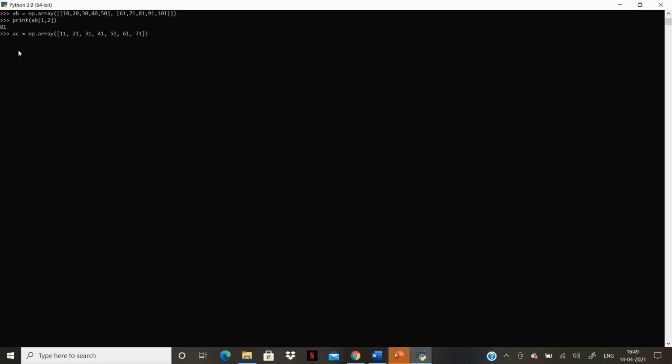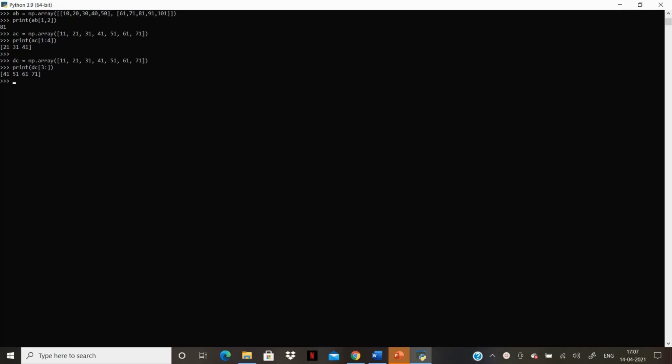In an array AC using the array function, we are trying to pull out constituents from index 1 to index 4 from array AC. Output considers the begin index and not the finish index. So index 1 actually represents the second constituent in Python, and it shows the second constituent onwards to the fourth constituent, which would be index 3. Let's slice from index 3 to the last constituent of array. We've created an array DC using the array function. Index 3 would imply constituent 4, which is 41 onward to 71.